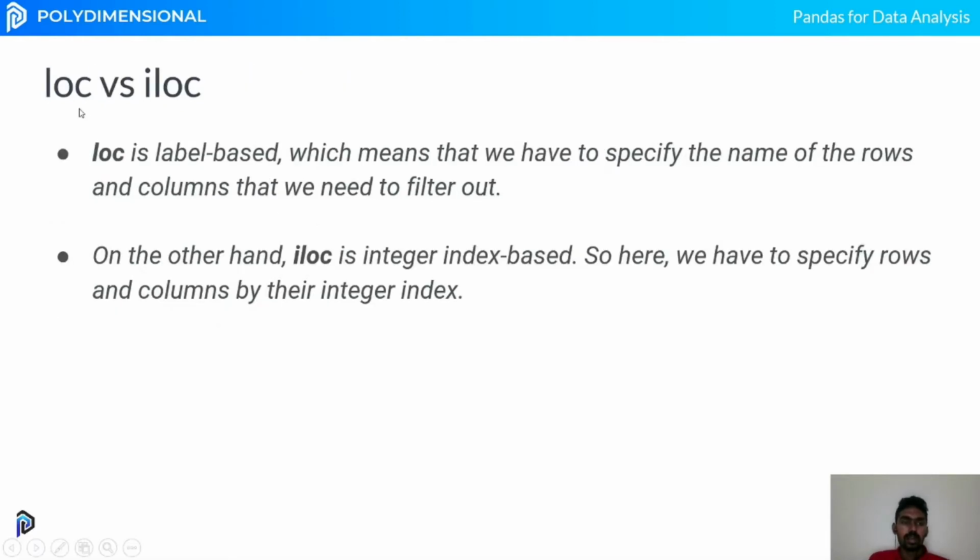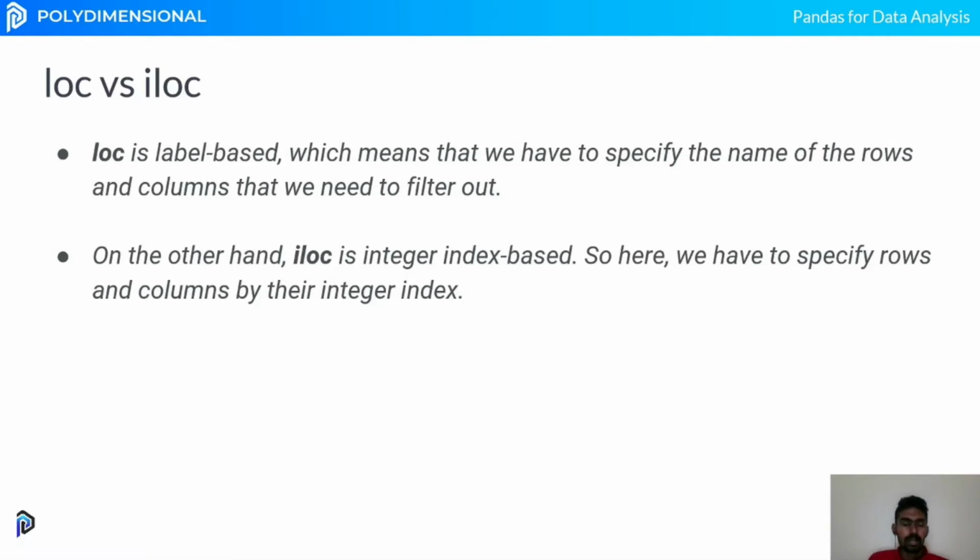We have two things, loc and iloc. loc is a label based selection, and iloc is an index based selection. In loc, you will be using the name of the column or the name of the row to access that particular element. In iloc, you will be using an integer based thing, similar to what we used to do in NumPy. All the slicing and other things can be done similar to NumPy. loc is a bit different as it uses the labels that are created for each and every row and column.